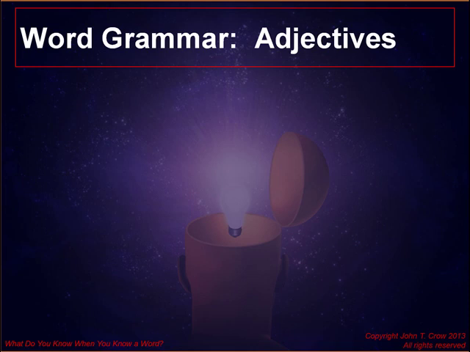Let's look at some more specific examples of word grammar. I'm going to start off with adjectives. Again, your conscious brain may not be able to recognize an adjective from an avocado, but I guarantee you, again, your speaking brain knows them very well. All right, in this little demonstration, I'm going to give you a word, kittens, a noun, if you're interested. Then I'm going to give you a series of adjectives, and I want you to incorporate each adjective into a phrase using the previous word, or phrase.